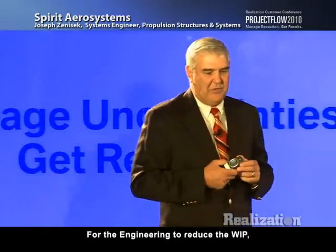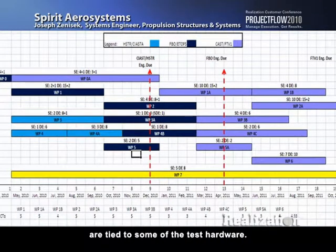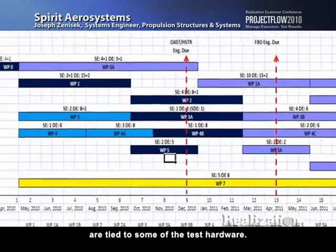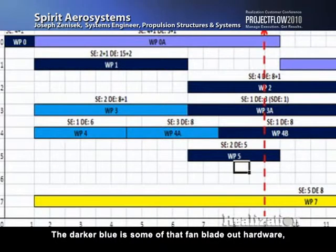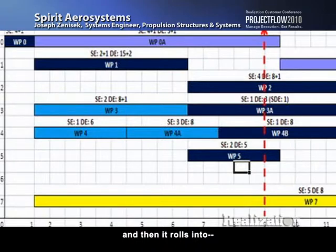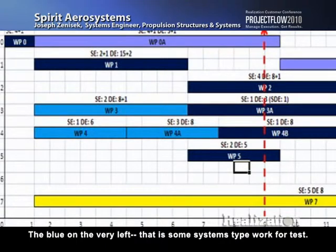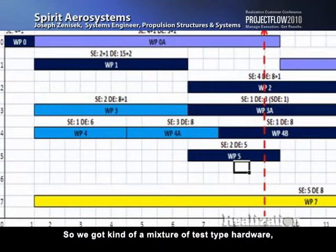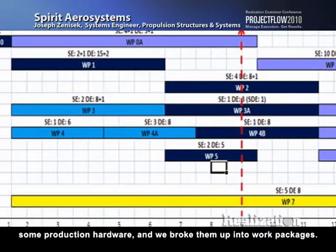For the engineering to reduce the WIP, we had a number of deliverables, and the different colors up here are tied to some of the test hardware. The darker blue is some of that fan blade out hardware, and then it rolls into the lighter blue, which is our final production flight test vehicle. The blue on the very, very left is some systems type work for test. So we've got a mixture of test type hardware and some production hardware,